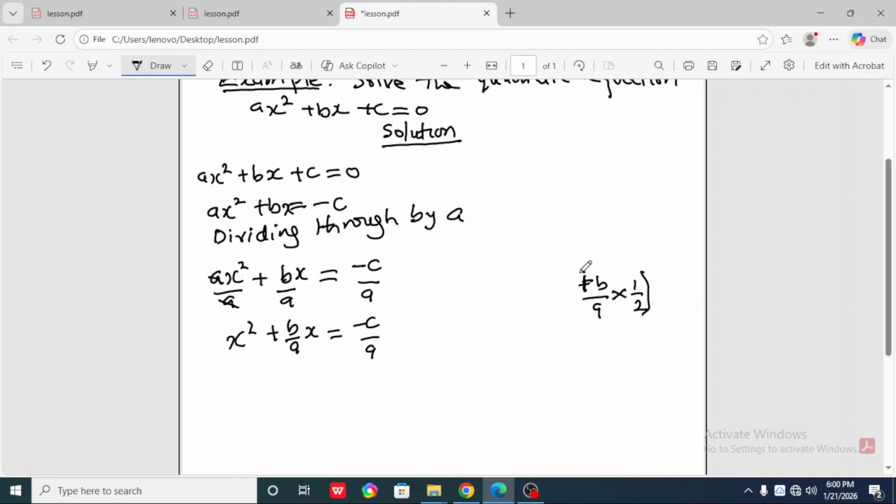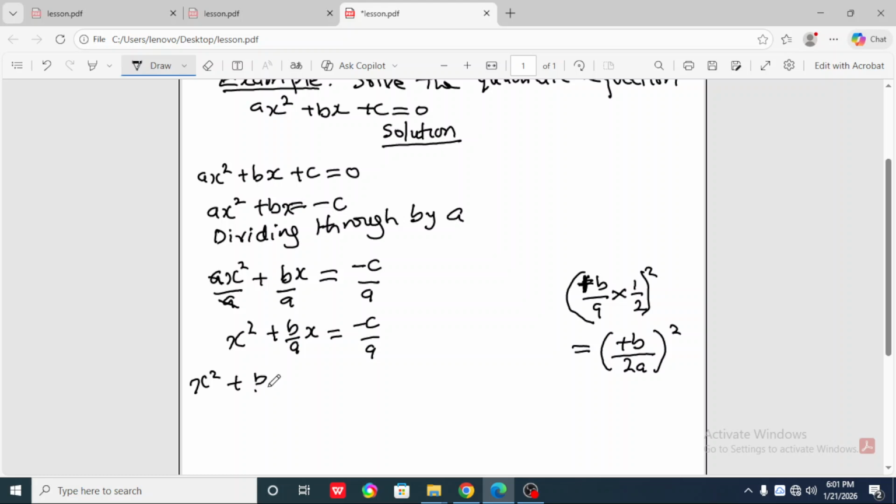Then we square. After you have divided by 2, which is the same as times 1 over 2, you square the result. So when you square the result, it's going to be plus b times 1, which is plus b. I'm still putting the plus, it's very important. Then a times 2, we have 2a, then square. So this is now what we are going to add to both sides of the equation. Let me add it to this side first. x square